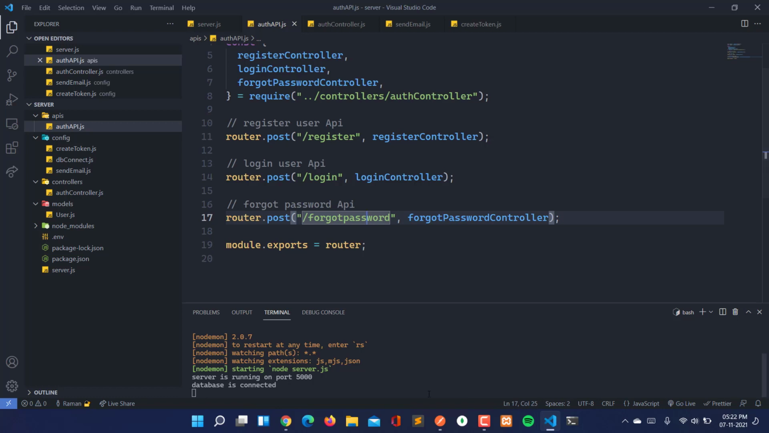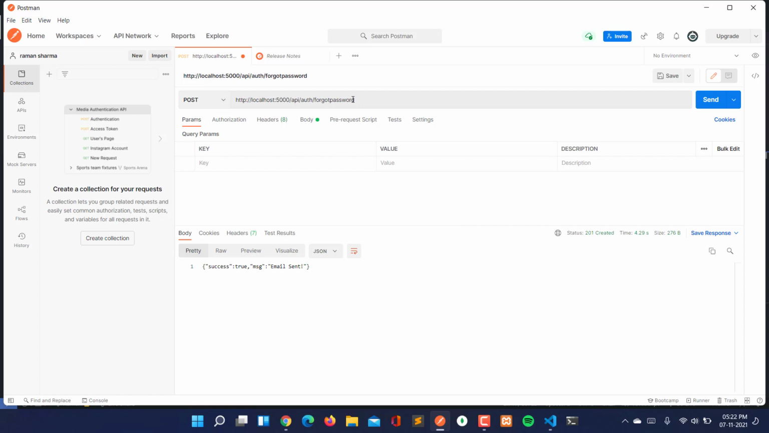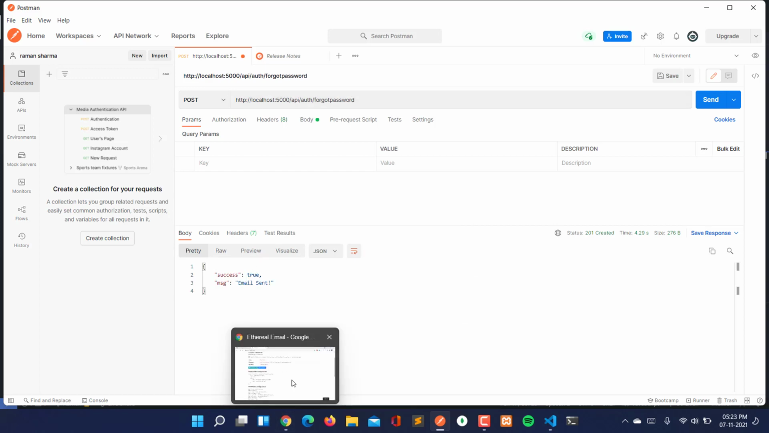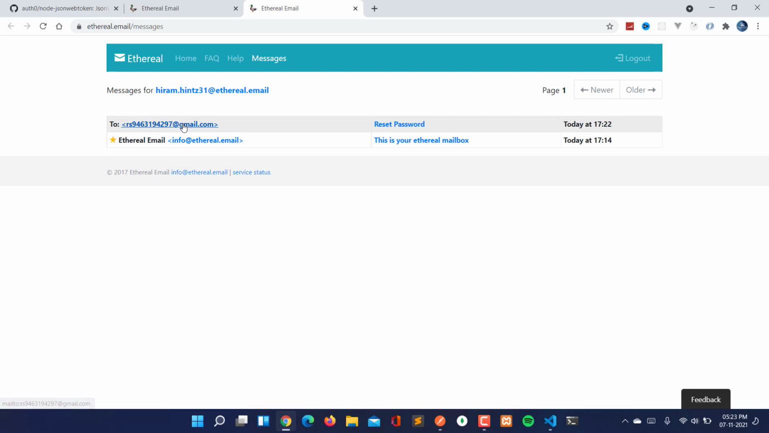So here, first of all I am sending the request. I'm clicking on send. My server is running and this is my route /api/auth/forgot-password that we have created in the previous video, and here we are getting email sent. Now when I open the mailbox here in Ethereal, we will get this email for the reset password,